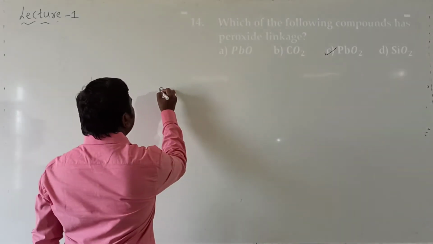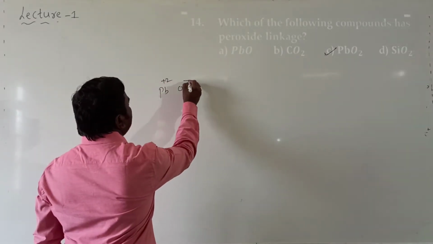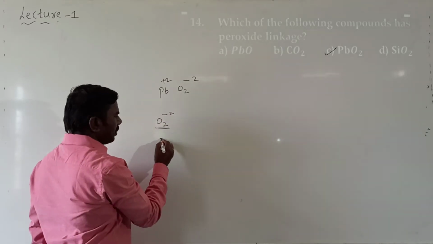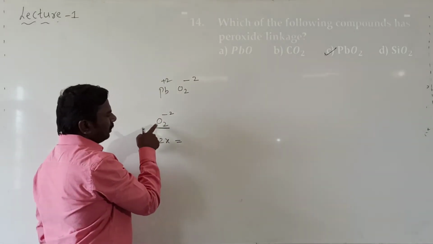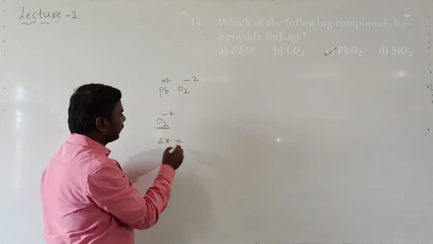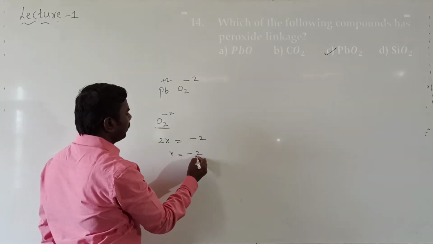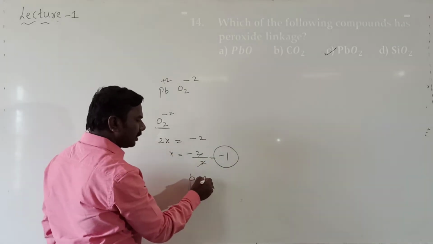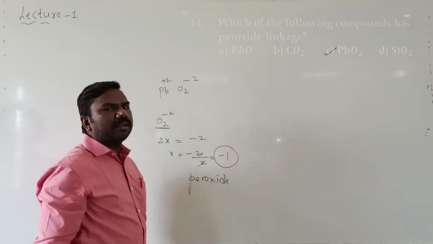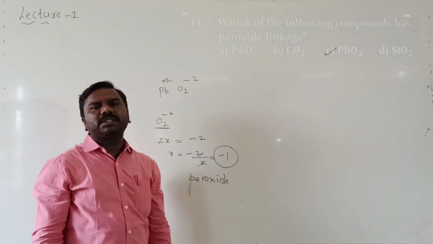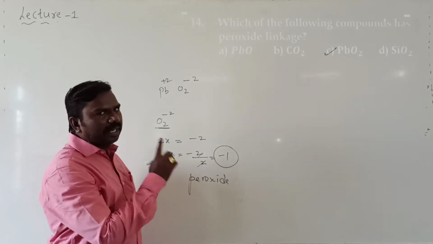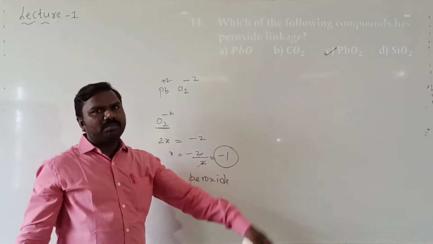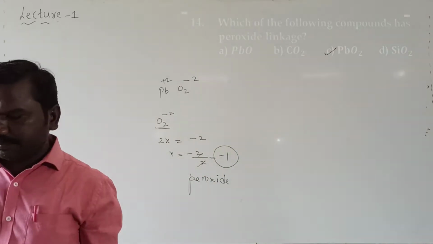So Pb will be plus 2, oxygen will be minus 2. For the oxygen oxidation state x, 2x equals minus 2 since 2 oxygens are there. x equals minus 2 by 2, that is minus 1. Minus 1 is a peroxide. Minus 2 is a normal oxide. Minus half is a superoxide. You have to calculate the oxygen oxidation state and you can easily decide. Answer will be PbO2. Next,